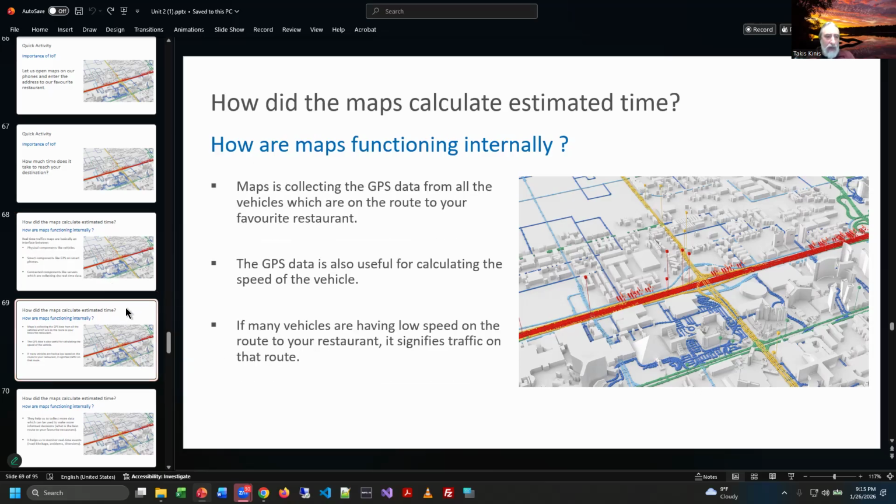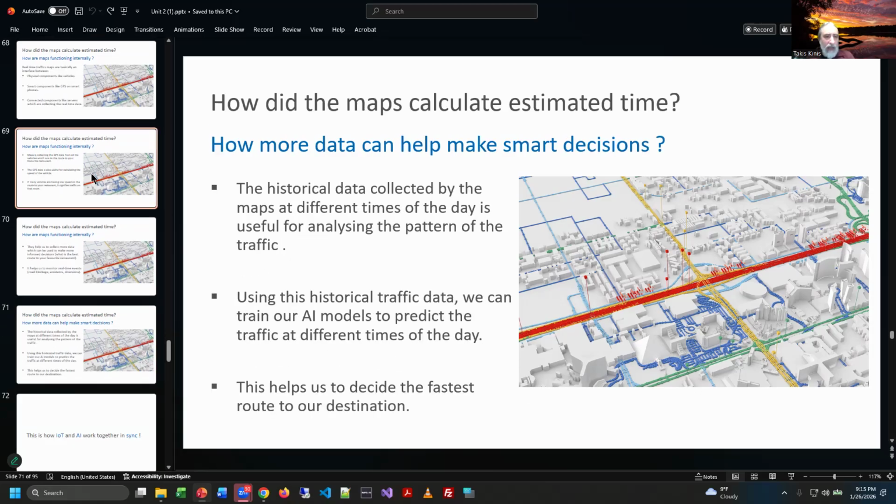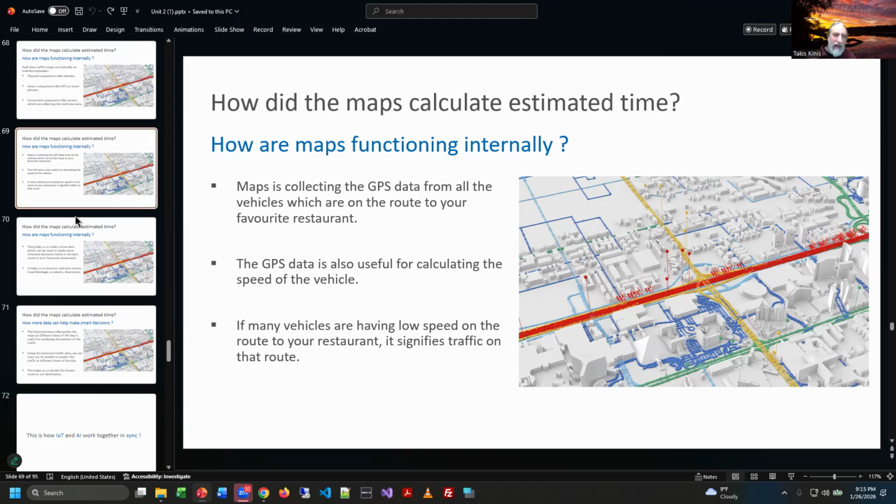But the fact that they also monitor the traffic in real time, and then when you run your GPS app and it tries to route you, it looks at a bunch of different things. Like if you're traveling at a reasonable rate of speed, it can look at your speed to figure out how long it's going to take to get there.